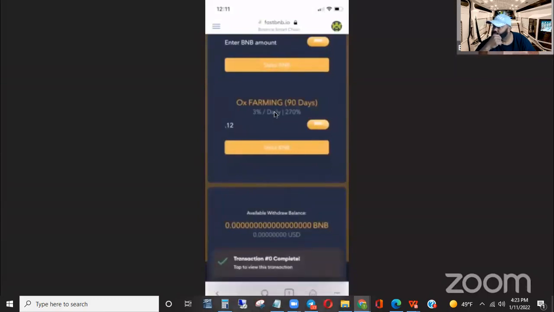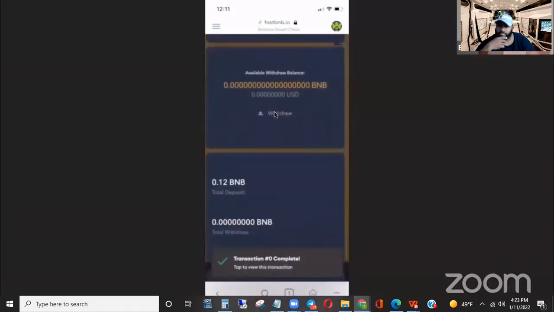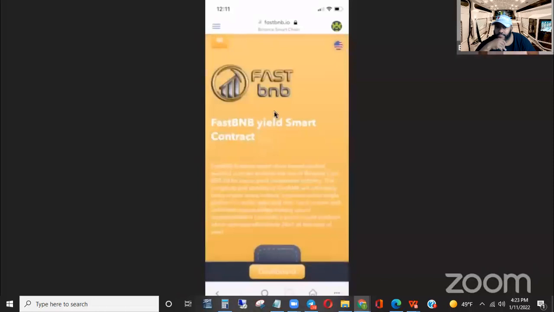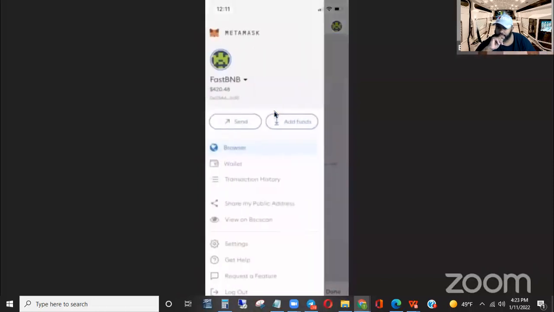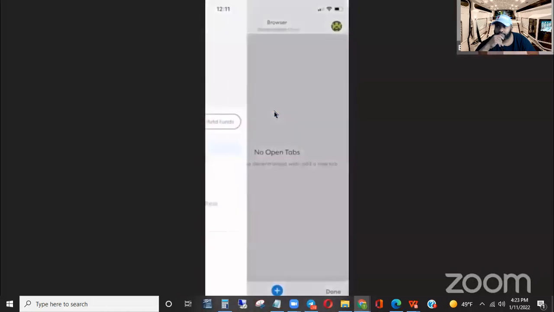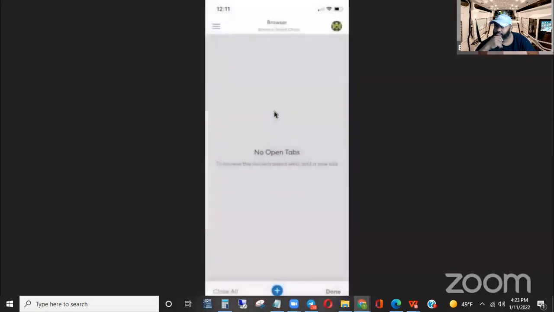They should be connected. The withdrawal available balance will start. It's making the money, making the BNB. And then it'll show what's deposited here. See, 0.12 is deposited. So now this is the cool part. I'm going to exit out of this. Normally you don't have multiple accounts on one phone, but I'm going to go back to the account that I signed up to. And first and foremost, you want to grab the wallet that we just set up.